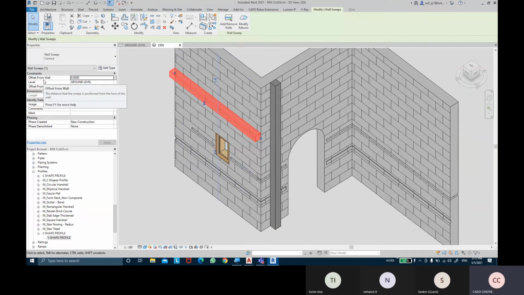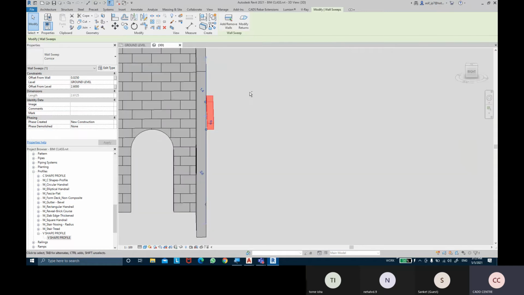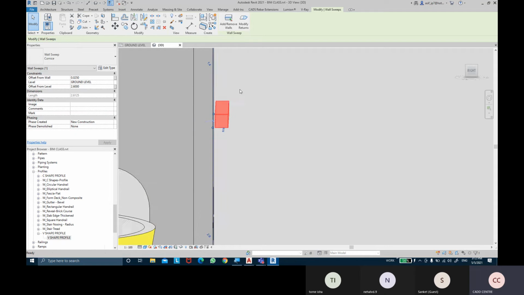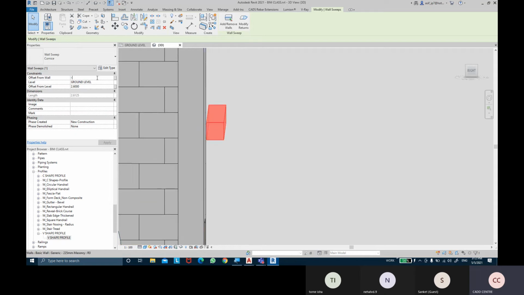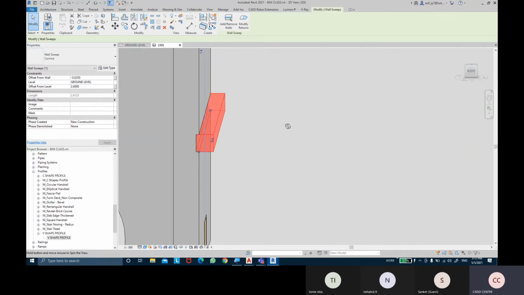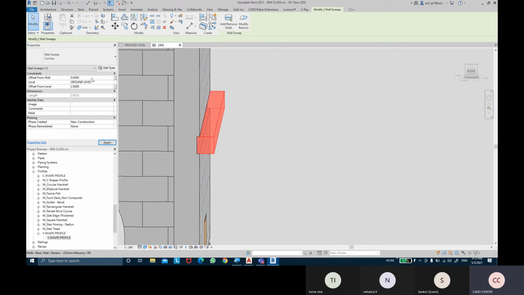In parameters we have offset from wall. If you want to offset from wall, you can take an offset from wall. Like if I give 25 mm, a positive value, it's gonna leave a 25 gap from that wall. As you can see, there's a gap left. If I give a negative value like negative 25, it's gonna stick in the wall actually. If 0, it's gonna be flush to that wall. Then at what level it's been applied and what elevating height it has. So if I want to put it at 2 meters height, you can provide a 2 meter height. And if I want 2.2 meter height, you can take 2.2 meters in height.